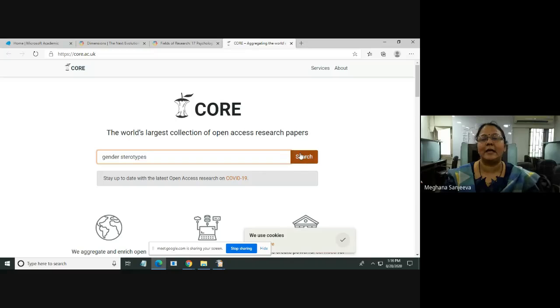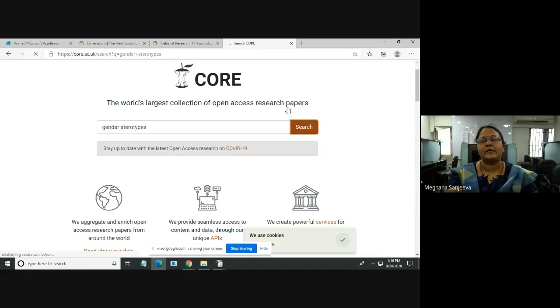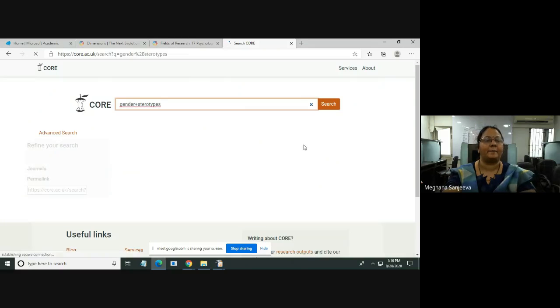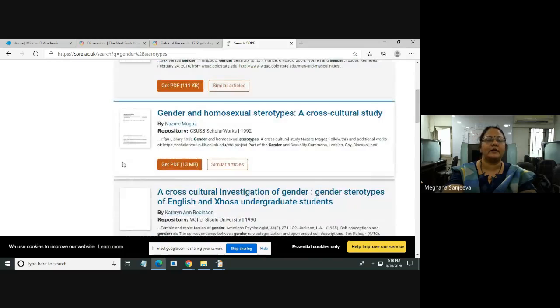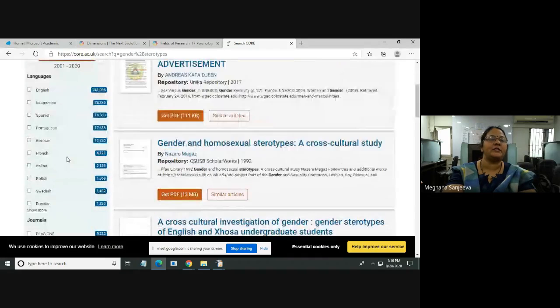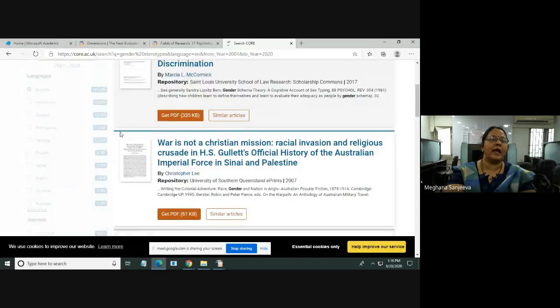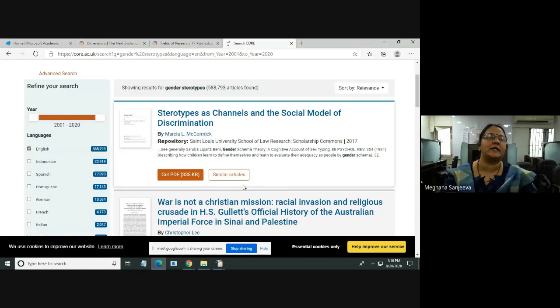You can just type and here it will give you all the list of papers and full text papers specifically in this area. Then you can further refine your search based on which language you want, and the year of publication and so on. Like most of the search engines will have these features of filtering by date, filtering by language, so you can